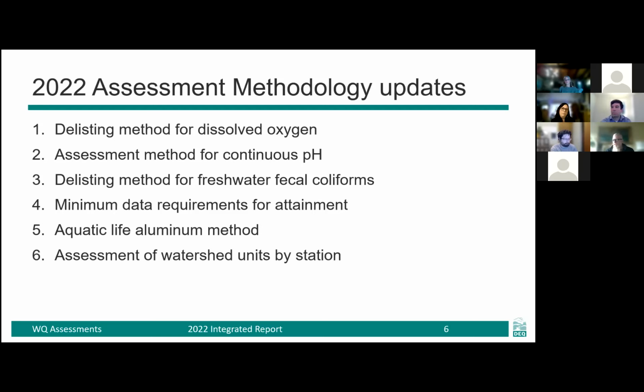We developed minimum data requirements for attainment and incorporated the new aquatic life aluminum criteria into our methods, and developed a more comprehensive way to assess what we call our watershed assessment units by station, and I'll get into that a little more in the next couple slides.